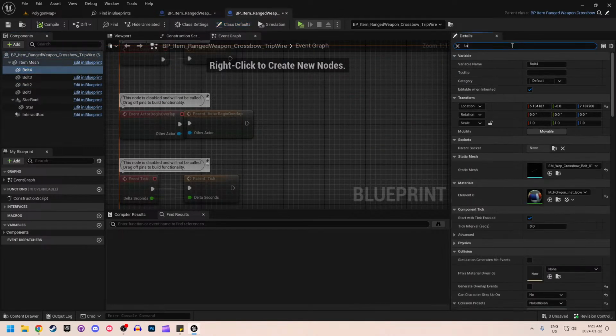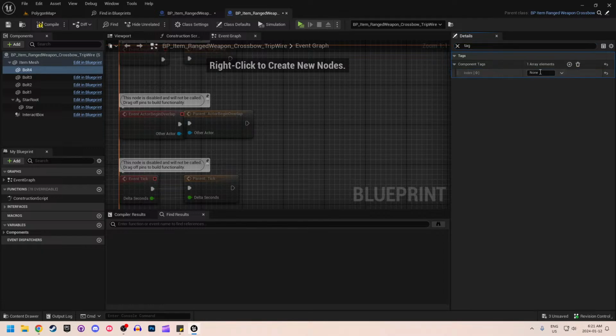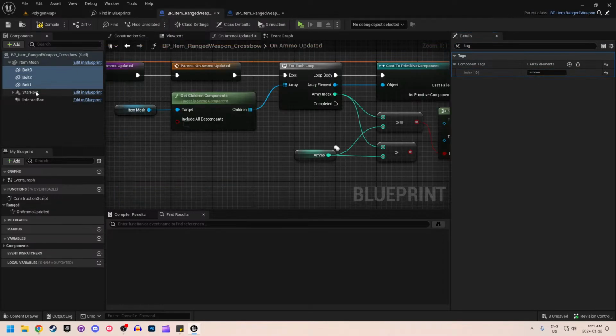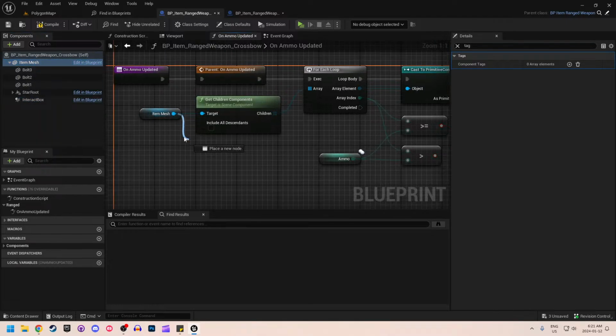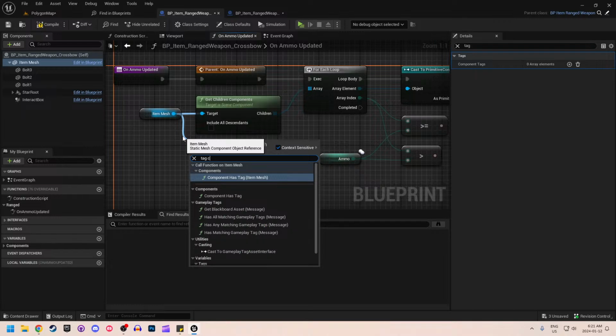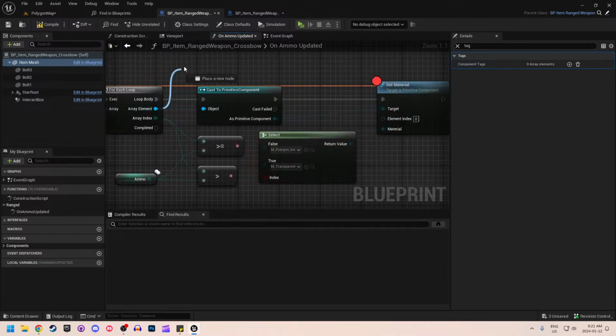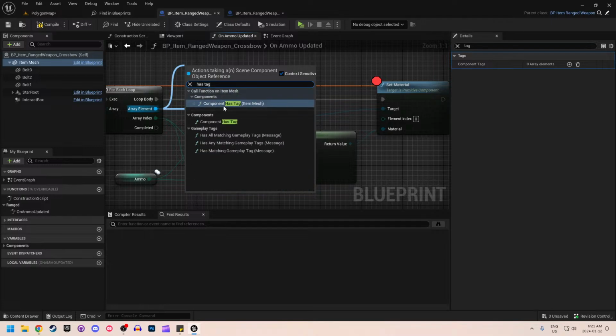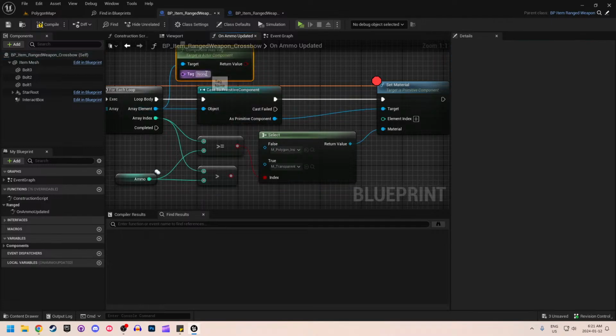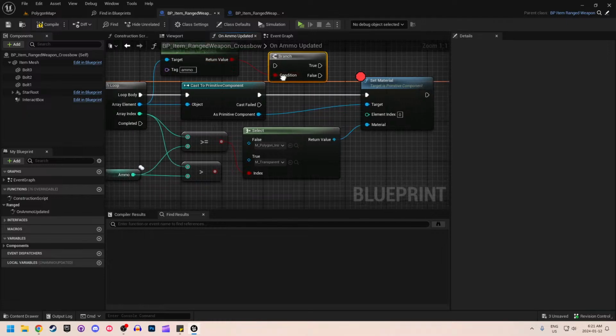That means that this one's missing a tag. I didn't realise that these two were children of the item mesh itself. It's a little bit nicer. So each of these that has the tag ammo is eligible,